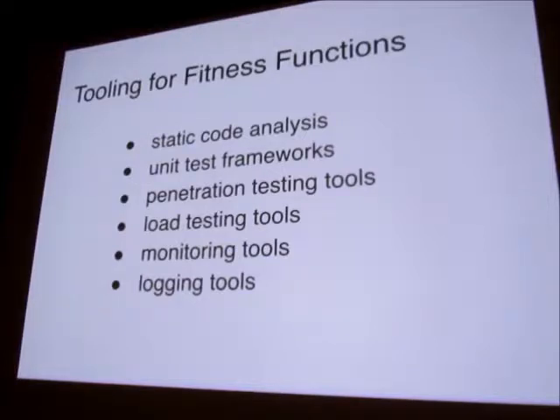So think about all of the ilities that we would like in an architecture: availability, security, usability, et cetera, et cetera. If we can figure out how to measure that thing, then that's really powerful, because if we have a continuous delivery pipeline, we can put that measure in our pipeline, and now we have ongoing measures, or some of it could actually come from production data. We have a way of visualizing how well our architecture is doing against where we want it to be, and you can manage it much better.